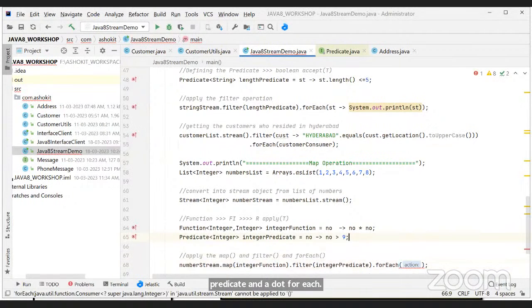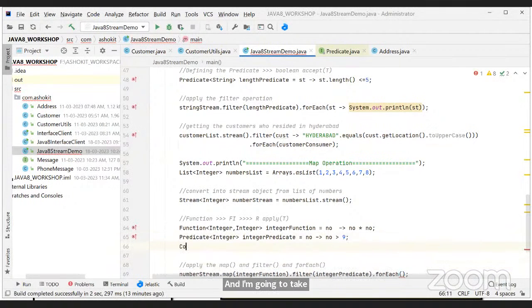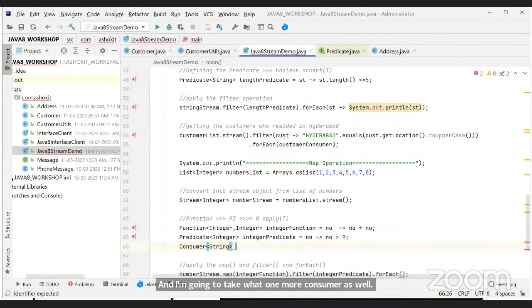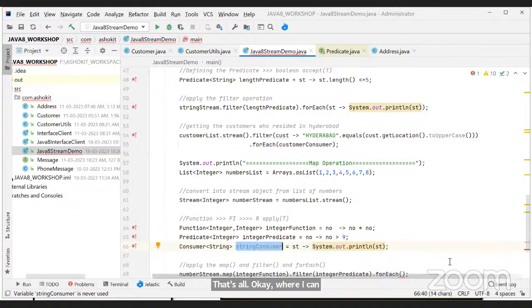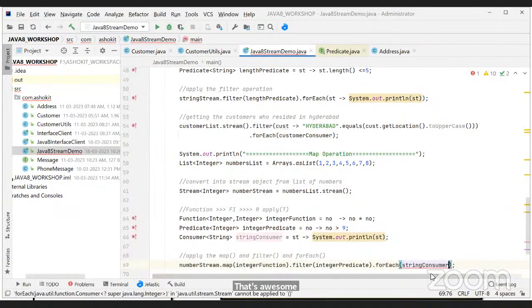And I'm going to take one more consumer as well, a string consumer, where each string st is printed with System.out.println. I can pass a string. That's all, done.